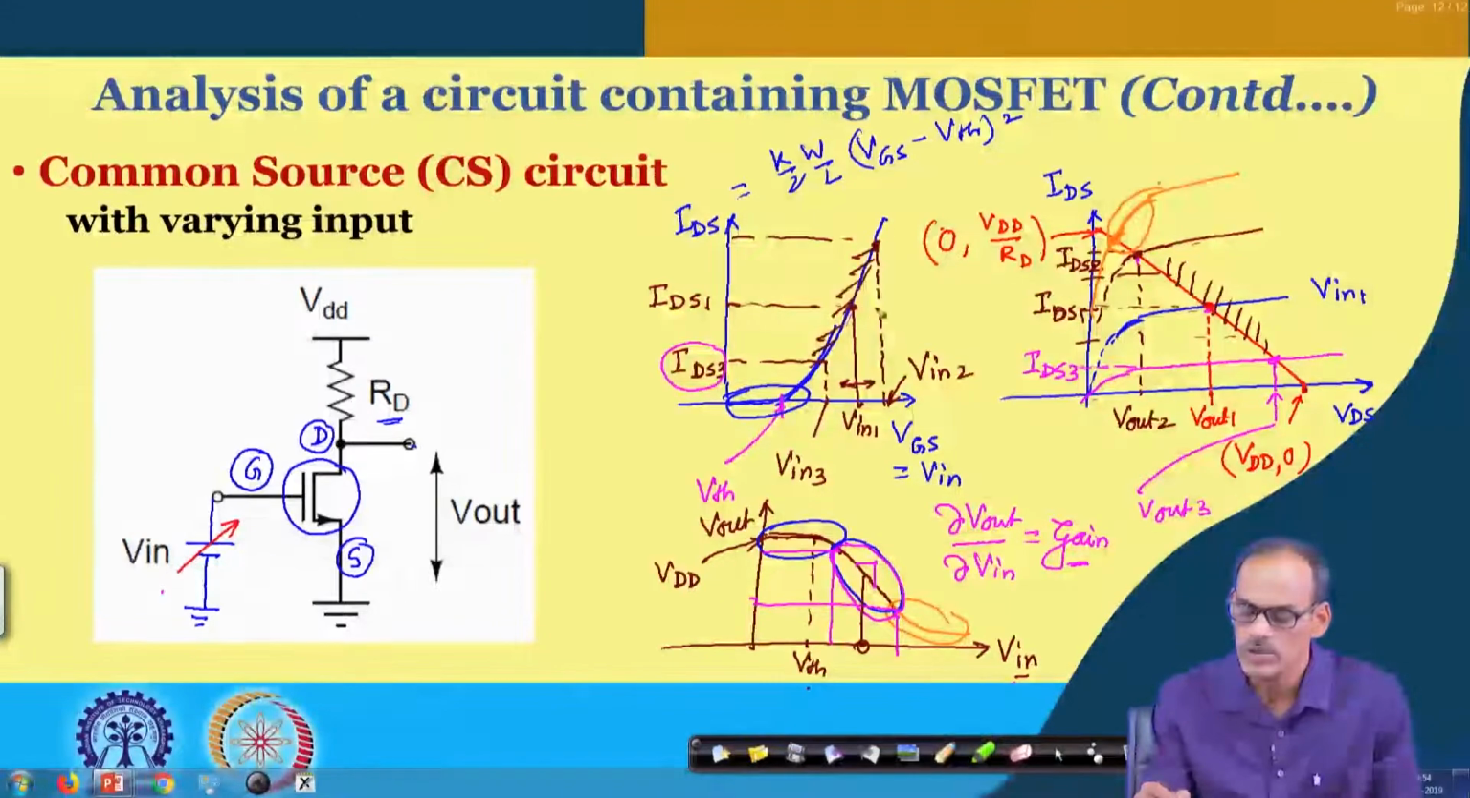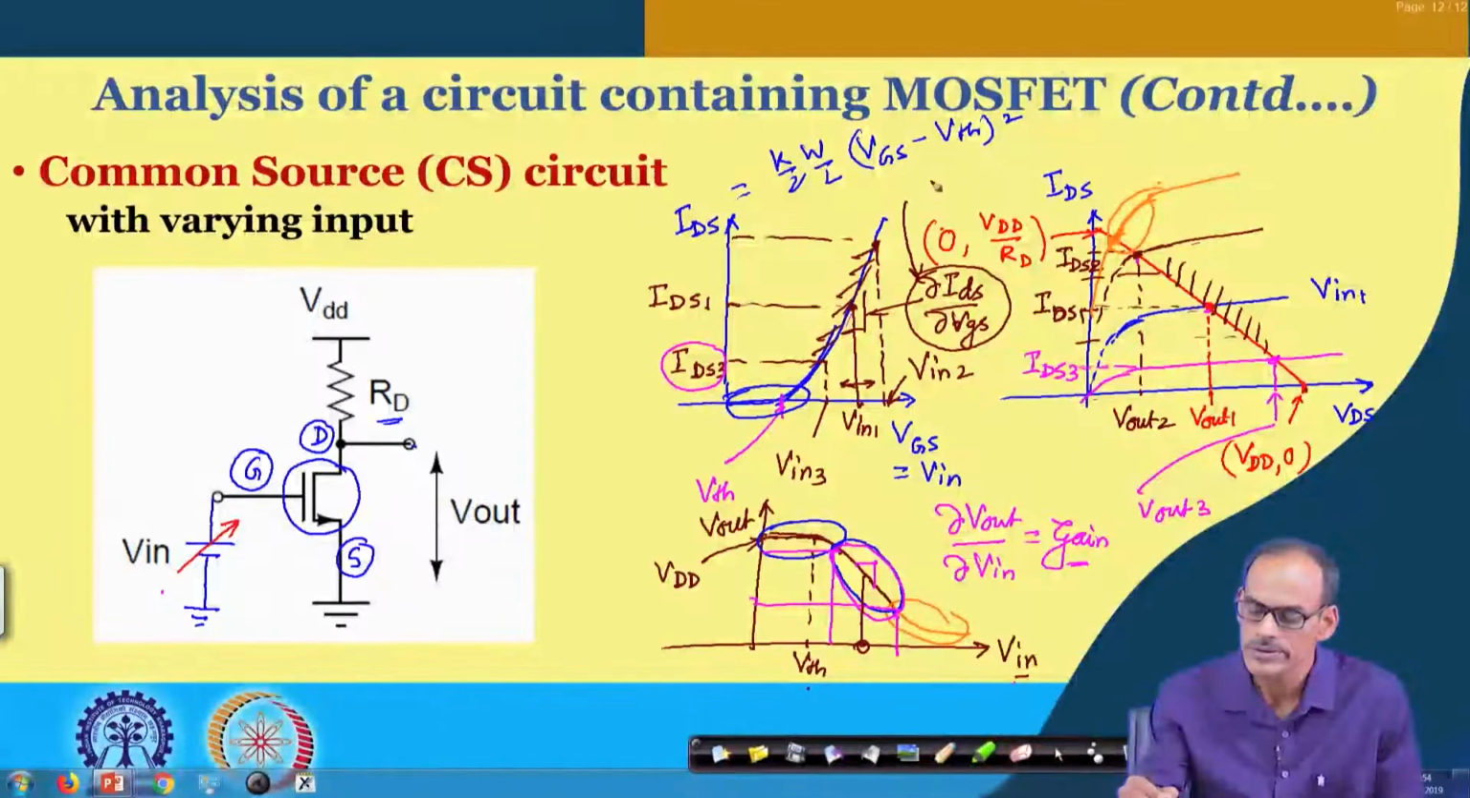So, here the slope of this line is basically the change in IDS with respect to VGS, and this basically defines the transconductance of the device, denoted by GM,